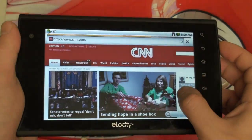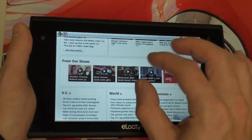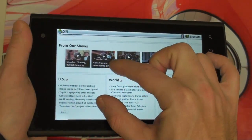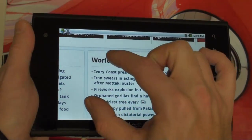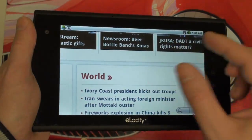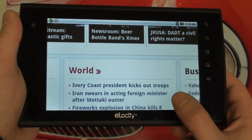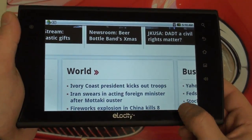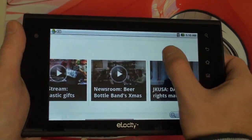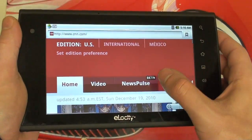eLocity, or rather I should say Stream TV, the manufacturer of the eLocity, has said that they're going to update the firmware on the device very shortly. It seems the smaller the pinch you do, the less of a step it takes in magnification, but you can see sometimes it gets confused and isn't even sure whether you're trying to zoom in or out. So this right now is a bit of a game breaker in my opinion, but I do think it's something that can be resolved on the software level in the firmware build, because